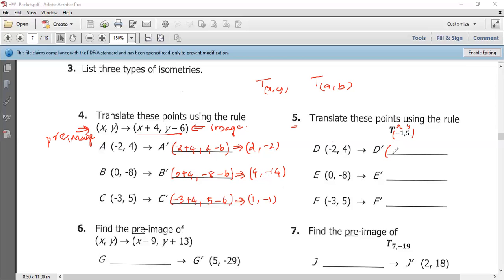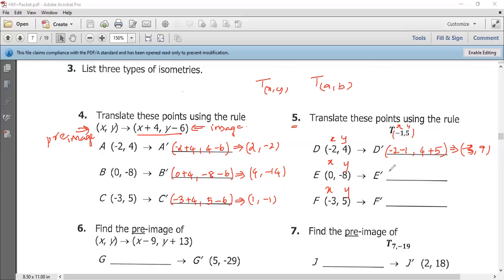So what I'm going to do is add. Here I already have the x value, this is my x value, and this is my y value. x, y, x, y. So I'm writing my x coordinate -2. Add it, in the sense I'm going to put it as such. Comma, 4 plus 5. Same with the y coordinate. So what you will get is (-3, 9). So this is your translated image. Got it? At this coordinate only, you will get your translated image.